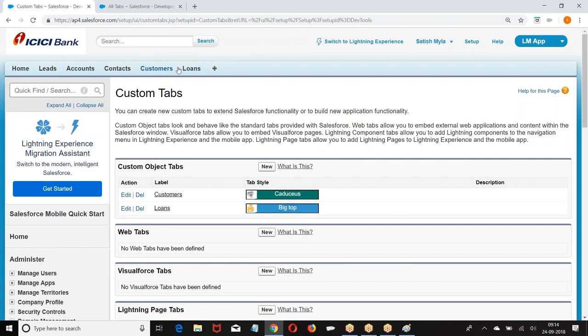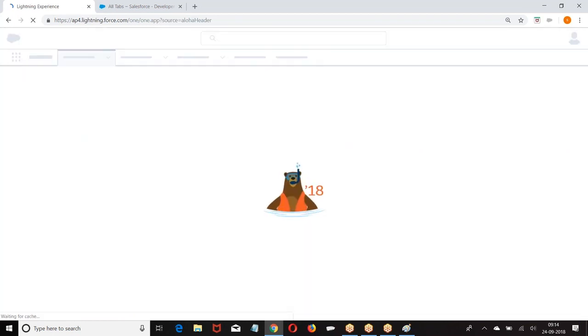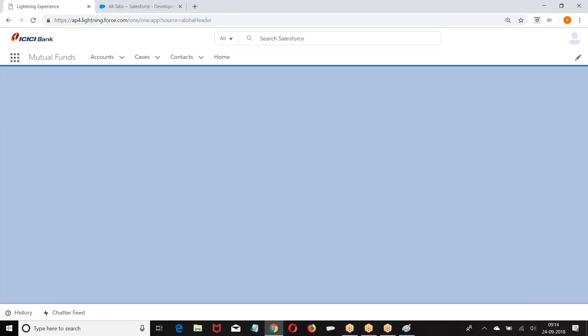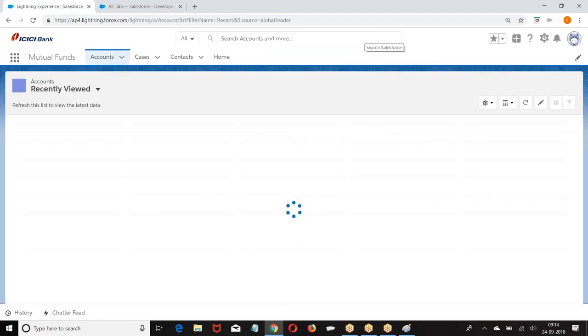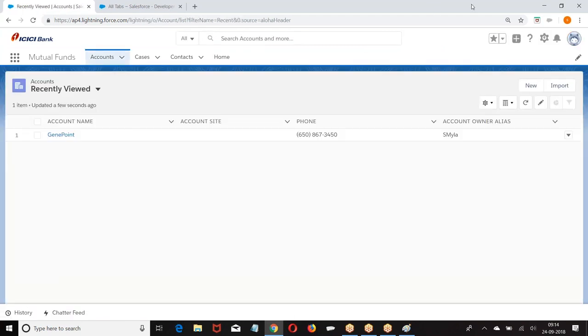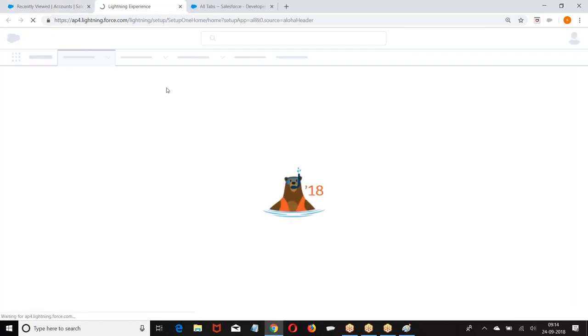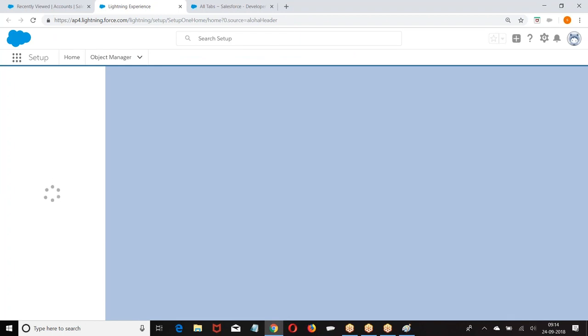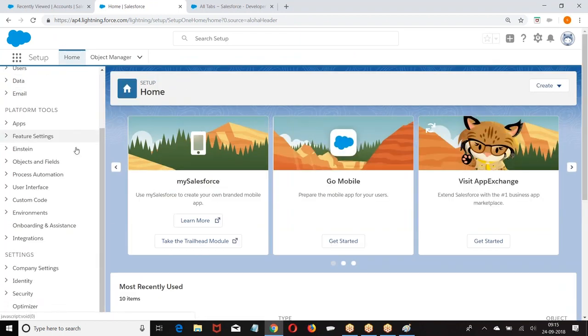This is how we do it in Classic. Now in Lightning, how do you create? In Classic it is Setup, build, create tab. Choose the object, visibility, and select the application. In Lightning, in Setup, here it will be platform tools, user interface.